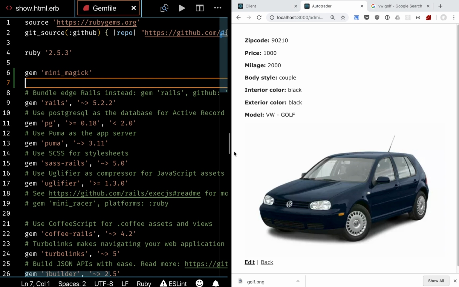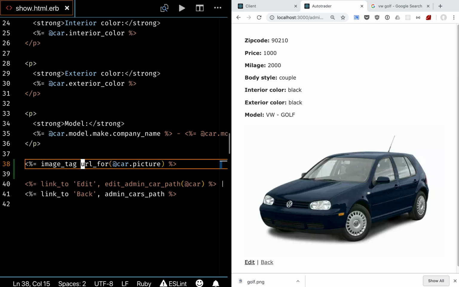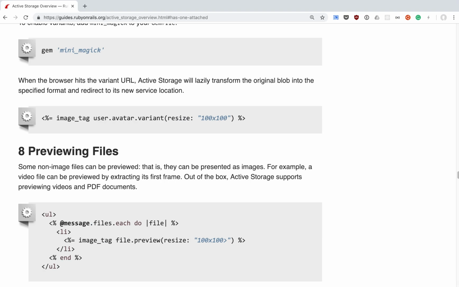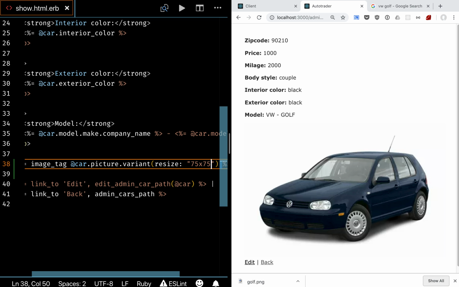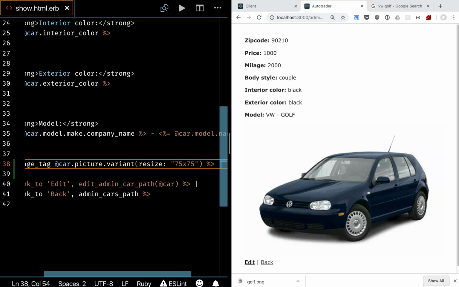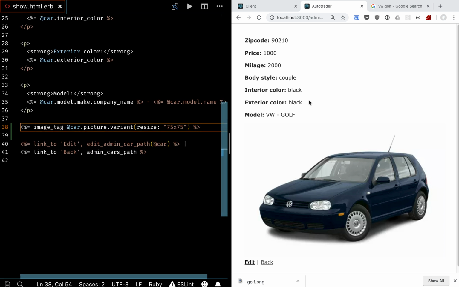So now we can say, I want an image tag for the car picture variant, let's say, resize to 75 by 75 pixels. Okay. Now if I reload this,